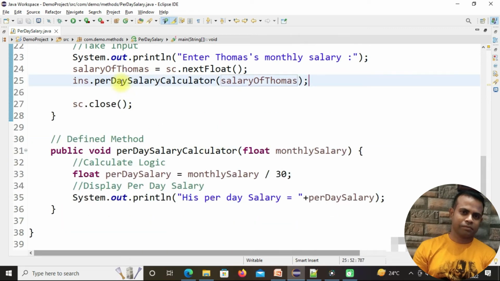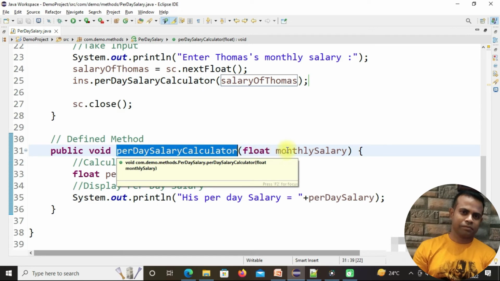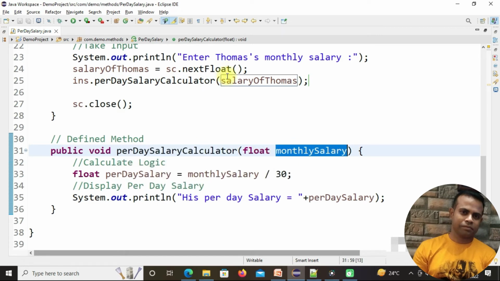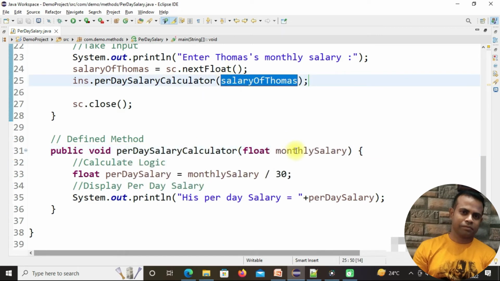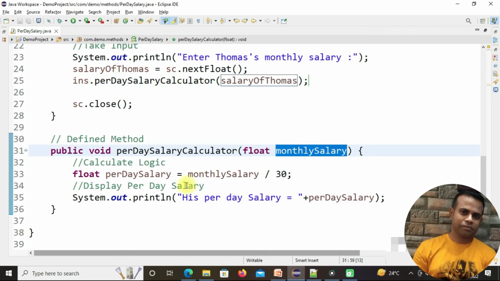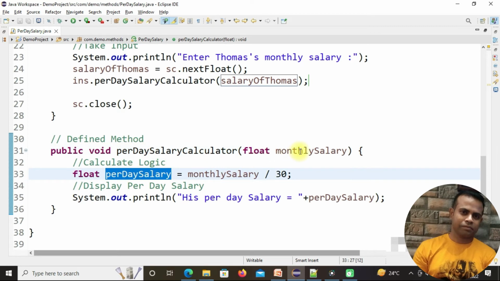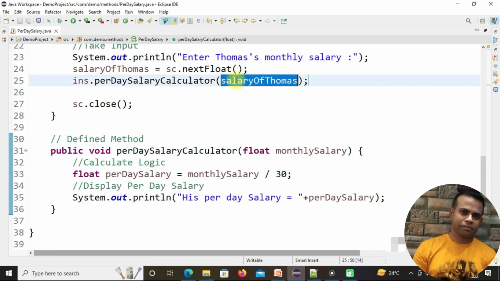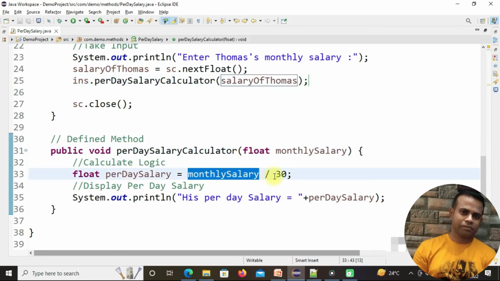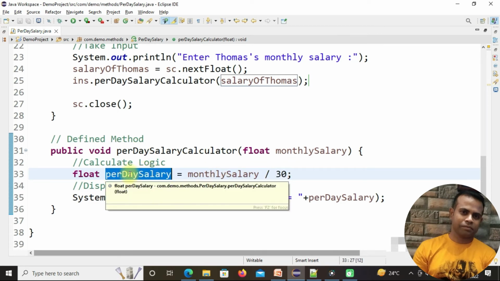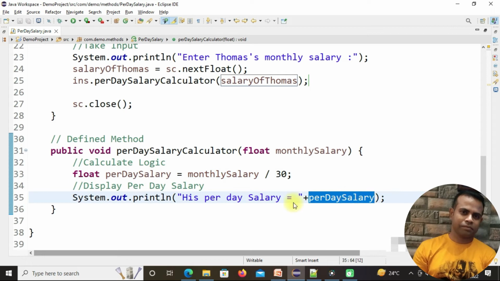Once you call this method with some value, it will go here and check the value that is basically passed from here, and take this value under this variable, and then it will calculate the per day salary with this value that is passing from here, and that will be divided by 30. That means you will get the per day salary,